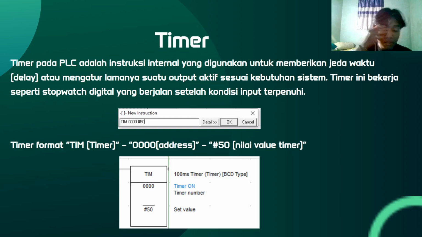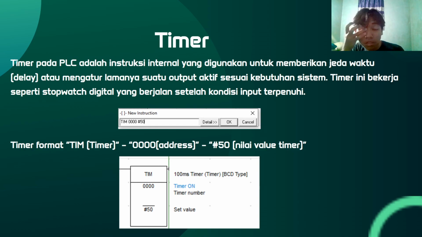Okay, we're gonna talk about the timer. A timer in the PLC is an internal instruction that gives a delay to control the output that we give.